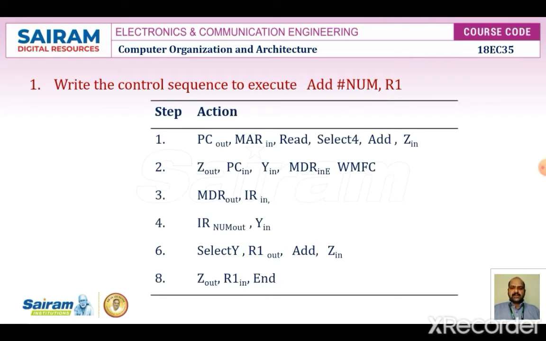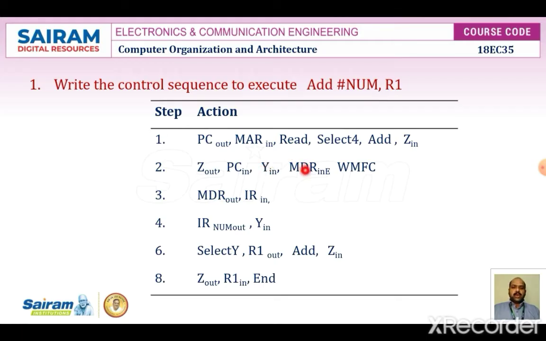First, we have to initialize the program counter, and the program counter transfers the data into the memory address register. It is going to give a read instruction to the memory and selects the value for the addition operation, and the output will be inserted into the temporary register Zin. Then in the second step, Z out is going to give the value to the program counter, and the operation is over. Then it is going to take the next instruction data, nothing but data B, to be inserted through the Y.